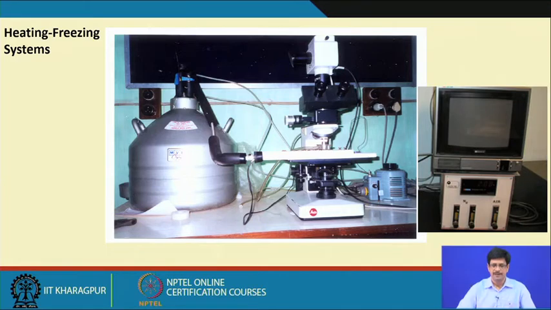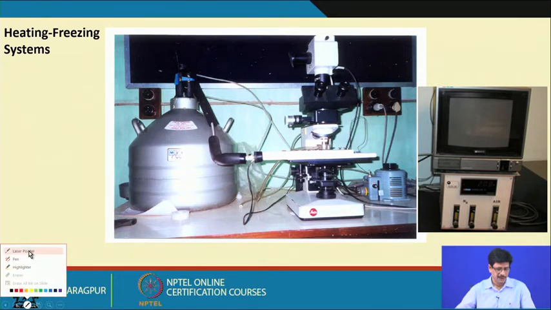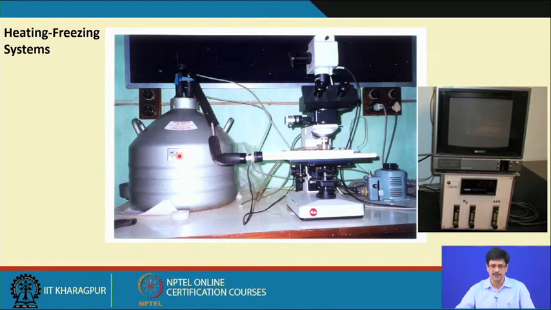We will quickly have a view of these microthermometric apparatus, or the microscopic heating freezing systems which are mounted on microscopes. There are many such commercially available models which you will find in any of the research laboratories carrying out fluid inclusion work anywhere, and we will not get into too many minor details about this equipment, which one can experience when one starts working with them.